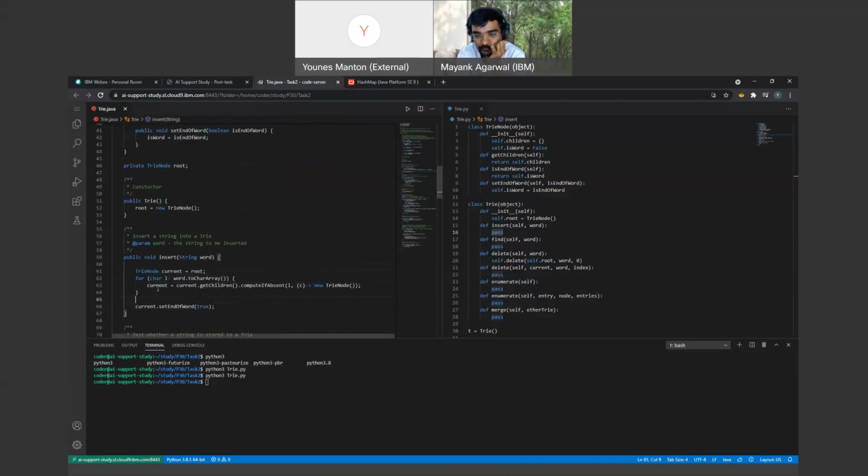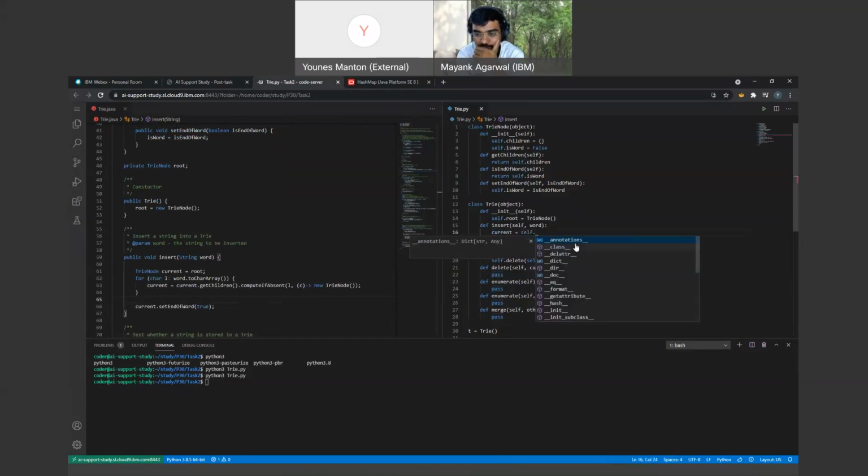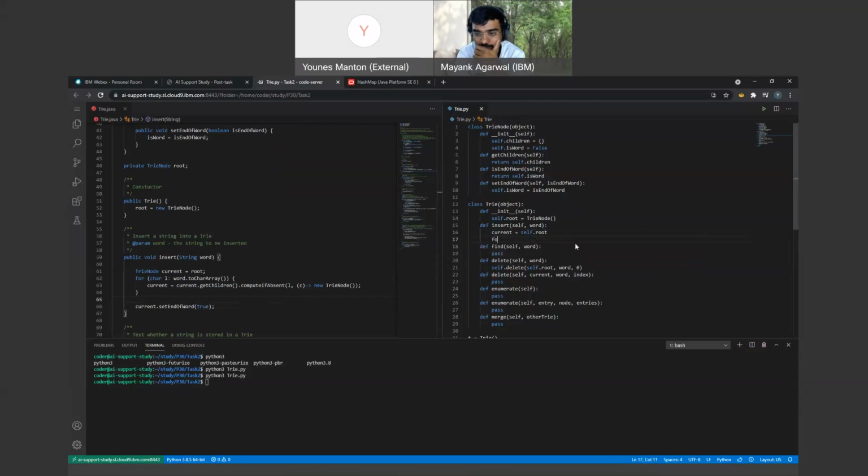If it's already there, it'll keep going. So yeah, that makes sense. But what would the equivalent in Python be? So for C in